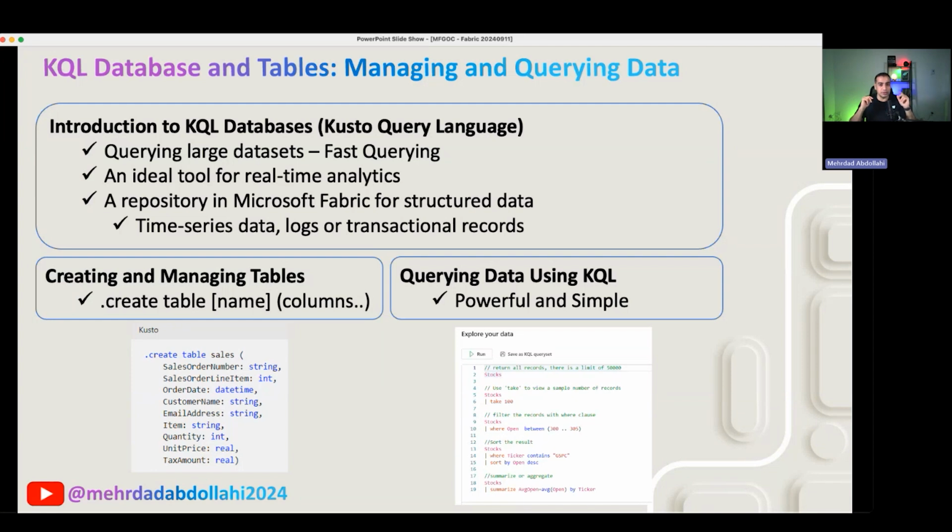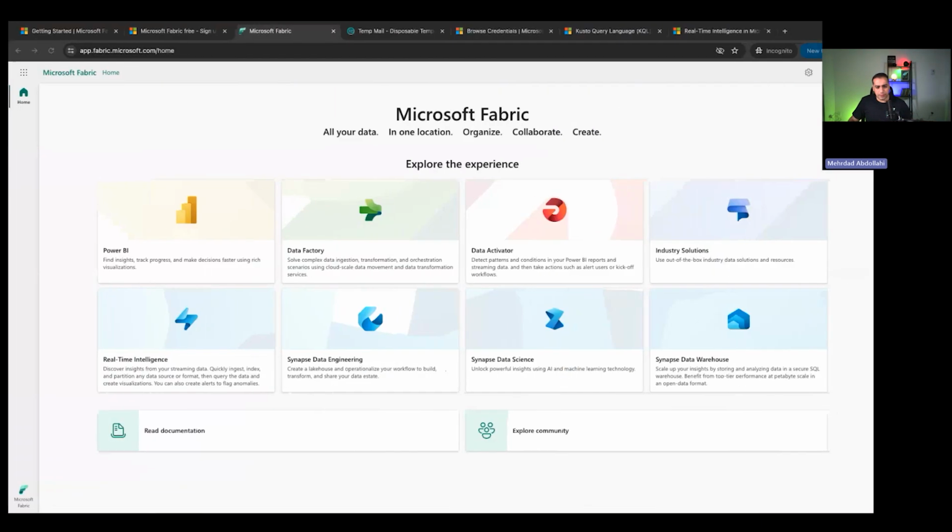However, SQL itself is also available in Fabric, actually, for working with a KQL database. A KQL database is not only in Fabric. You can also find it in Azure Data Explorer, right? So let's have a look at